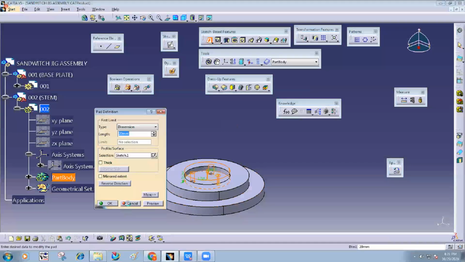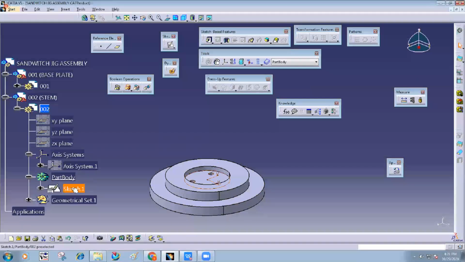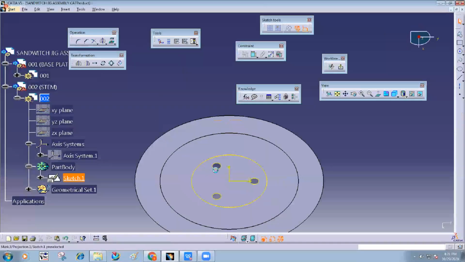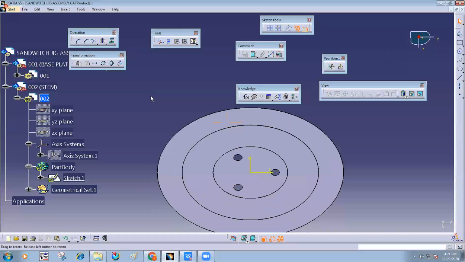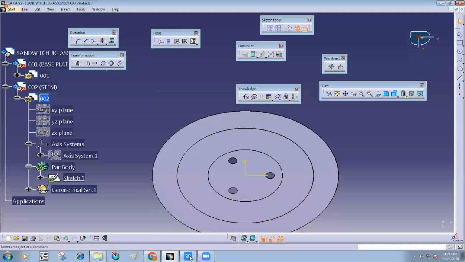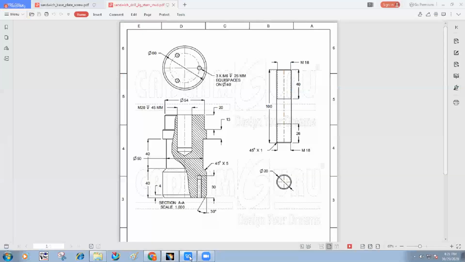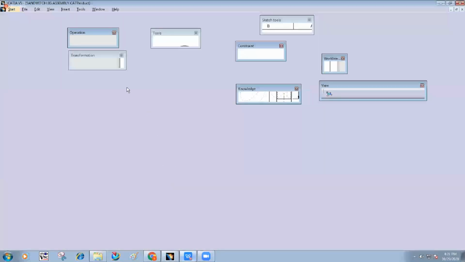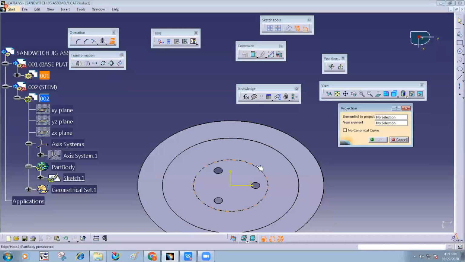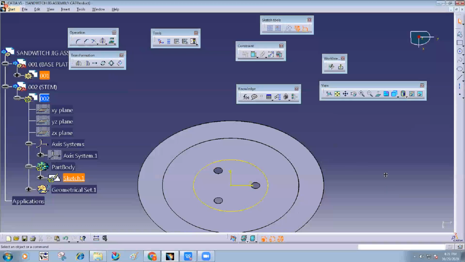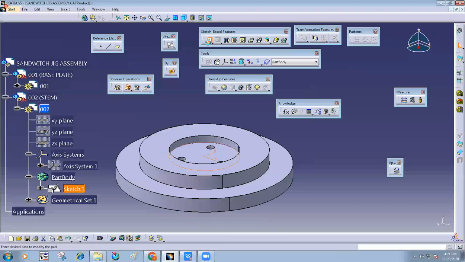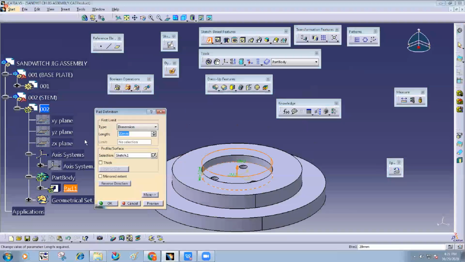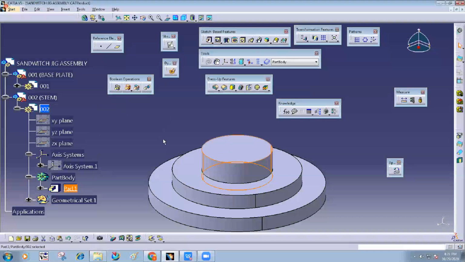But if you see this project option, there should not be any circle I want, so I switch it off and delete this. Use a project. Only the outer profile I want, so only the outer circle I selected. Then use the pad command inside it. The depth is 40.